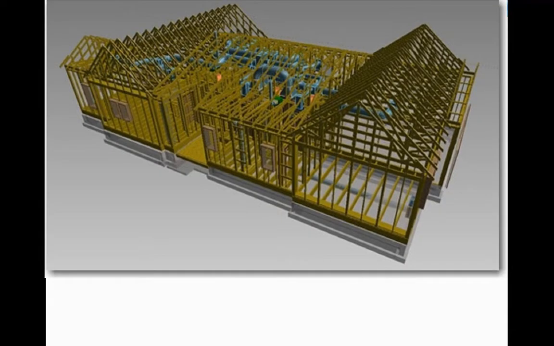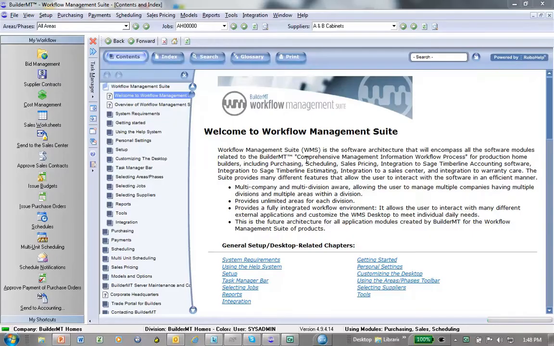This is what you can also end up with: drawings that can then be generated into JPEGs or PDFs and sent out to the job site and now viewed by the Superintendent Portal on an iPad or a browser-based device. We will now go into the WMS software and we'll focus on four major areas that are in